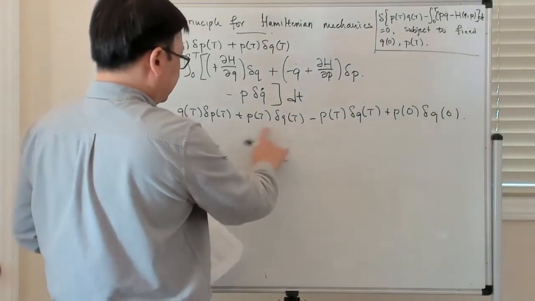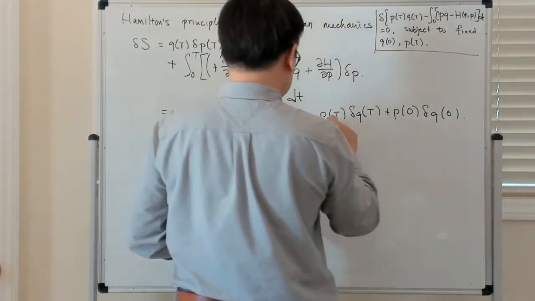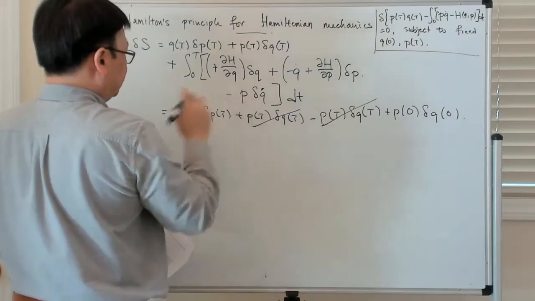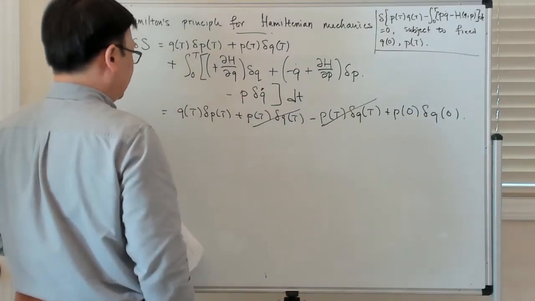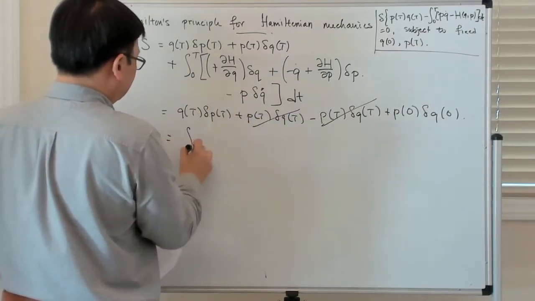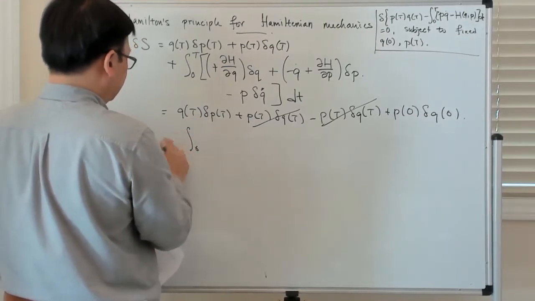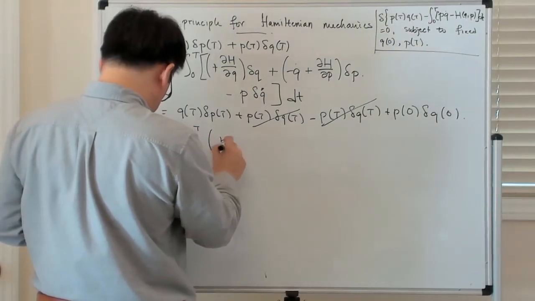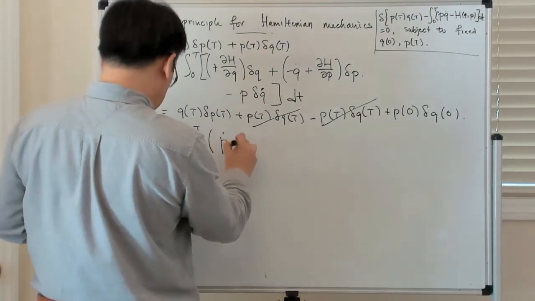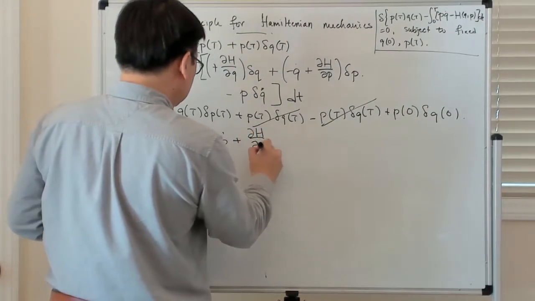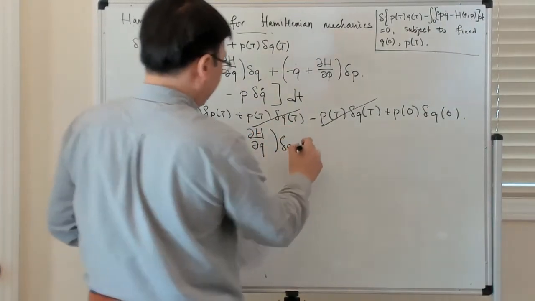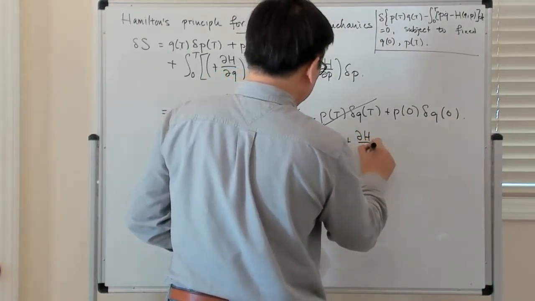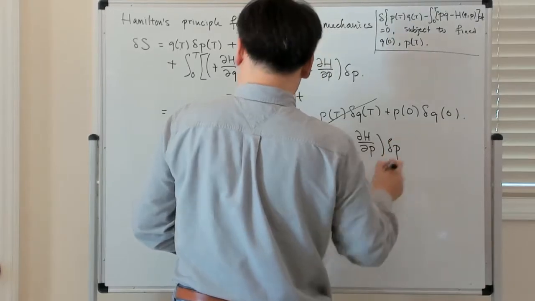And of course these terms cancel out. Okay, so these terms cancel out. And then you are left with a variation of q times p dot, with a plus sign. So this is plus the integral from 0 to t of (p dot plus dh/dq) variation of q, plus (minus q dot plus dh/dp) variation of p